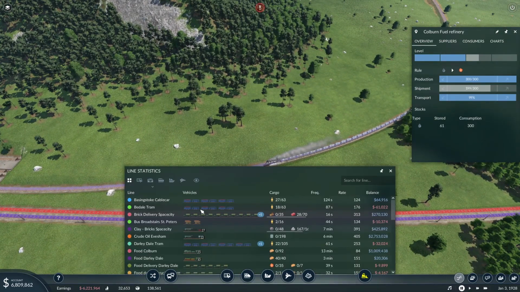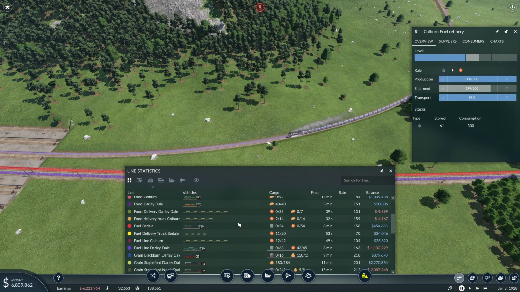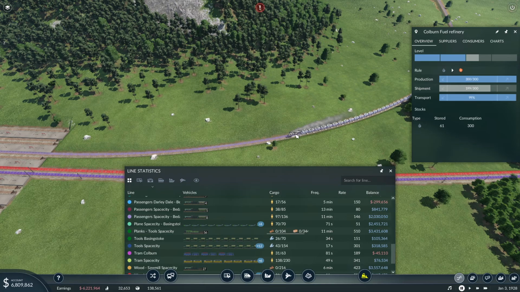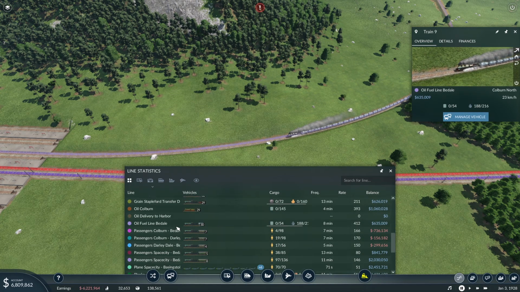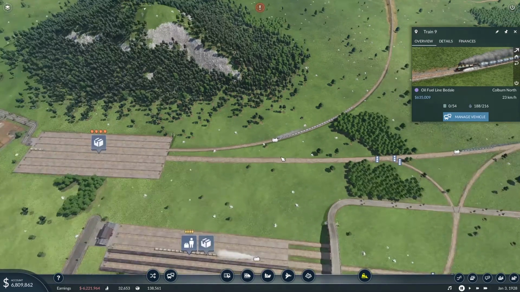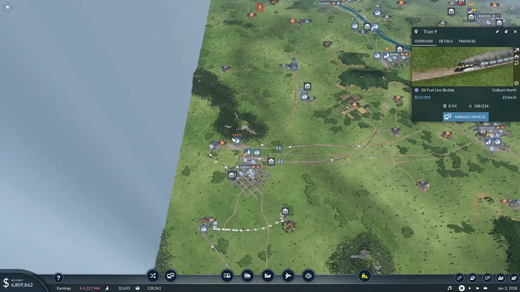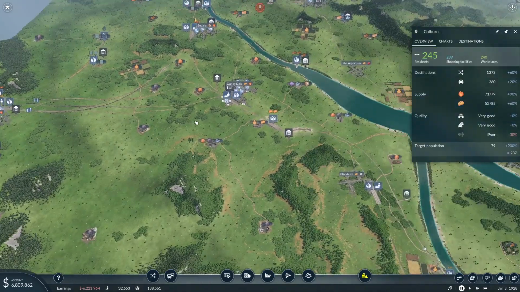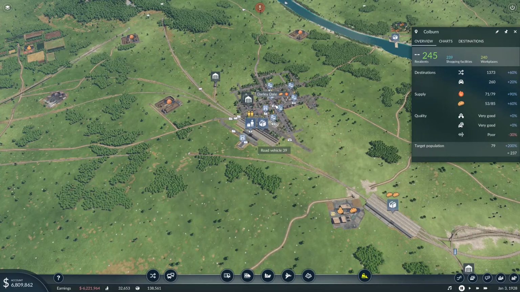If I look at... What is this? What's this called? Can we just have a look? Oil fuel line Badal. So we are at a rate of... Yeah, okay, this is kind of taken care of indefinitely. So that should honestly be kind of good. Now, food, being the next topic then...